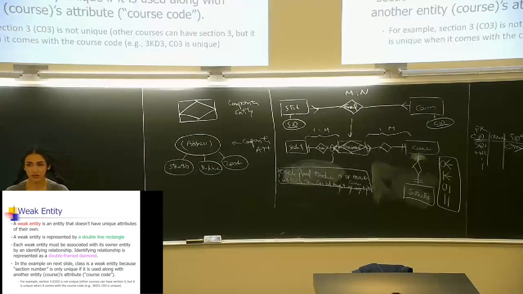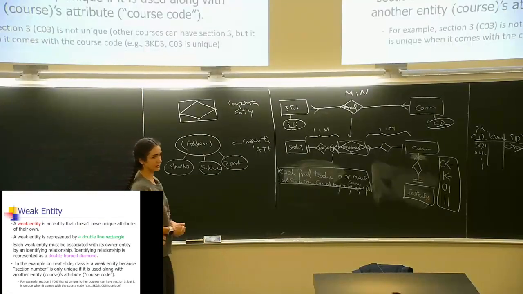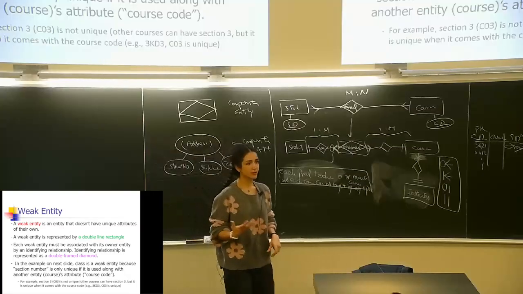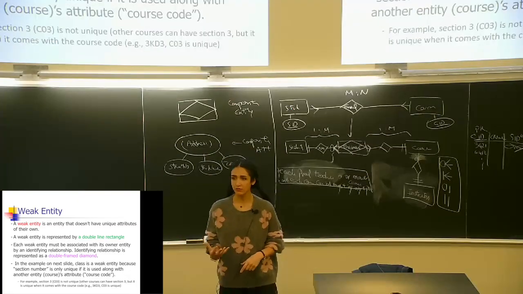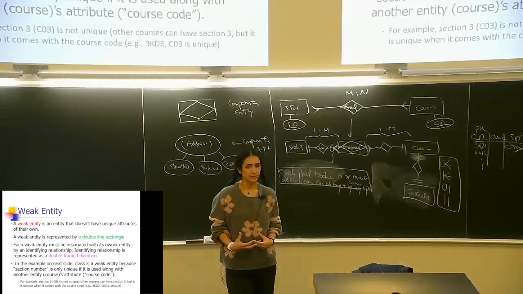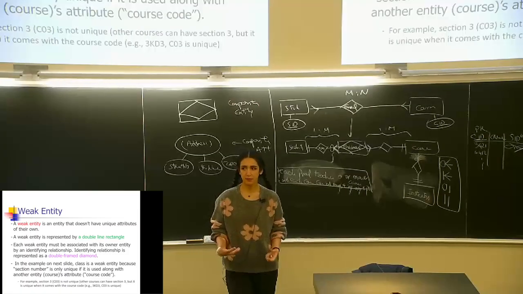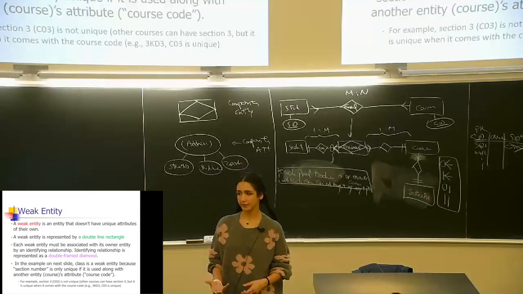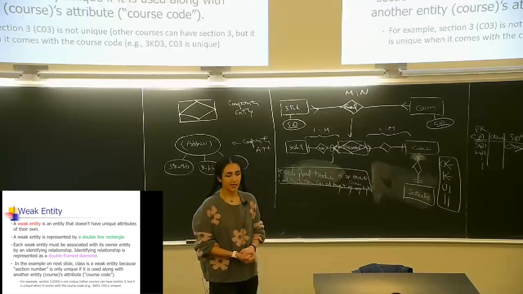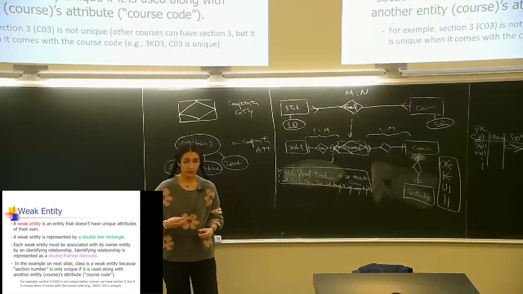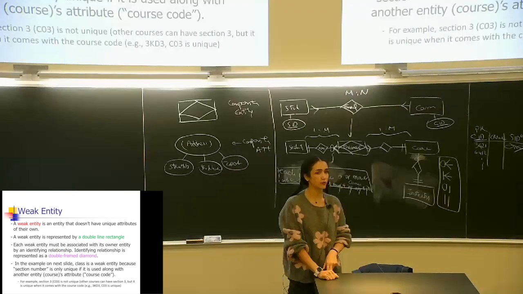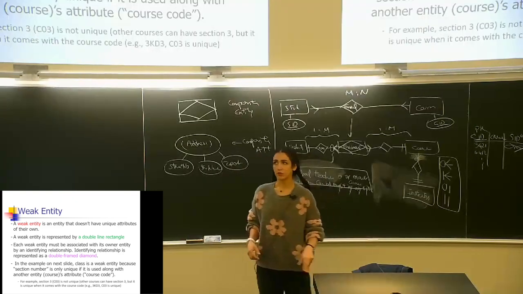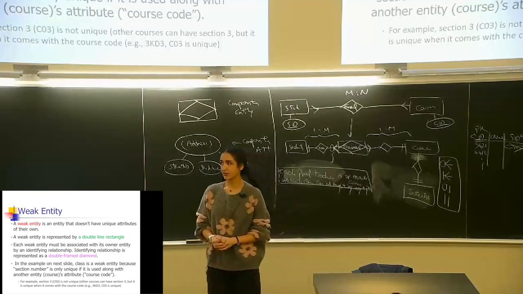Now, another type of entity is a weak entity. So what is a weak entity? A weak entity is an entity that is not strong enough to be represented as an entity on its own. What does it mean? It doesn't have its own unique identifier, and more importantly, it depends on another entity for its existence. What do we mean? For instance, let's say